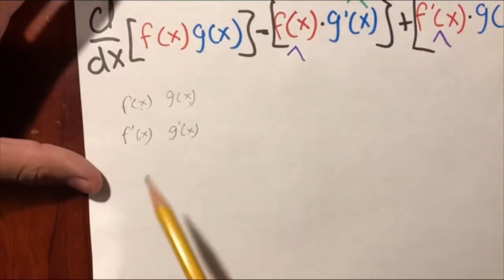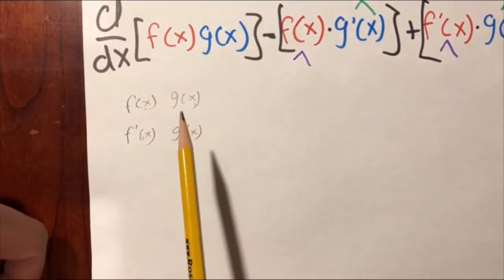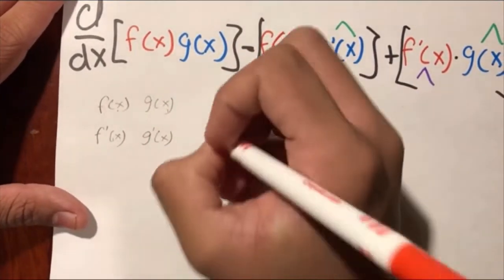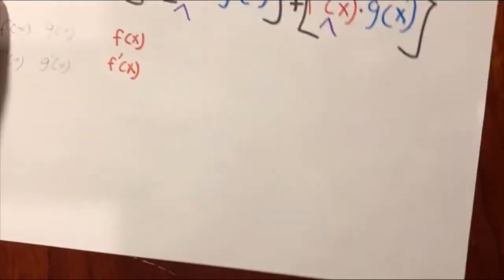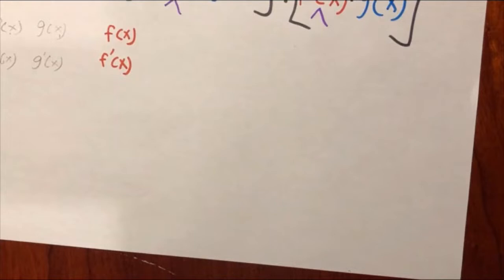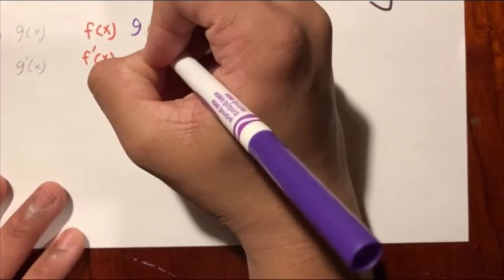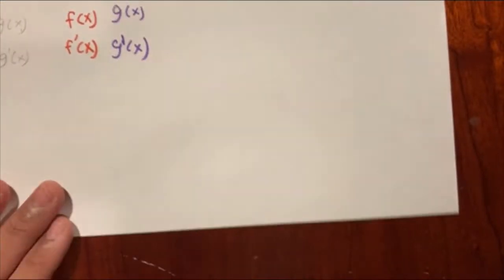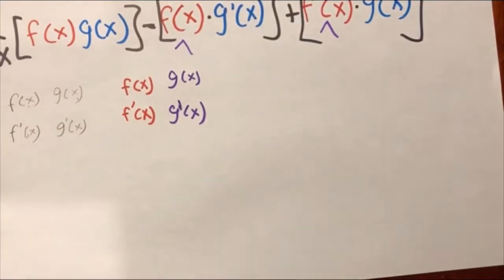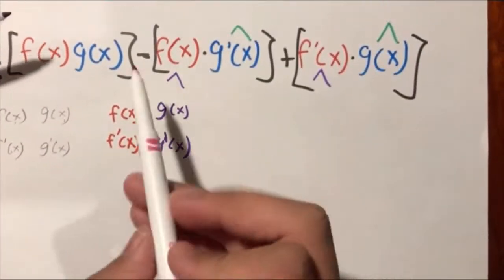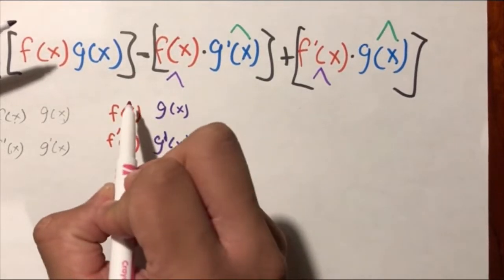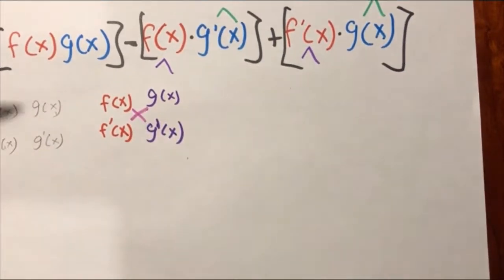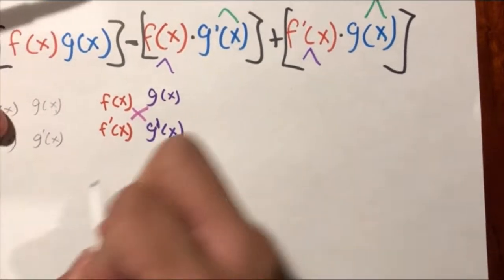Okay, so coming back to this, let me write it in a marker here. Better. And then g of x and g prime of x. Yeah, it's a lot simpler in my opinion if you write it this way. You don't have to, but basically what I said here, I have original function derivative, original function derivative. I'm just gonna multiply like that, and then add those two products, which would be